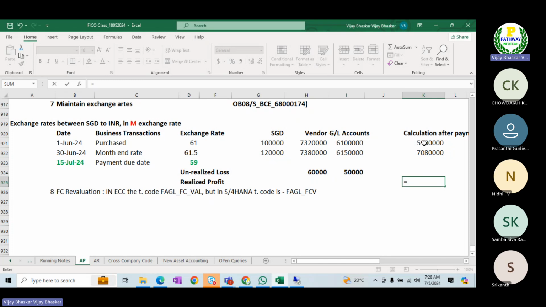Okay, so now GL, first one is a GL account, right? Current price minus GL account. Now you will come to know this is the realized profit because the month end rate has gone from 61 to 59. For calculation after payment, this is for GL. So now for vendor, this one minus this one.